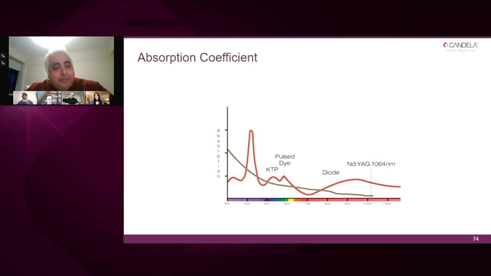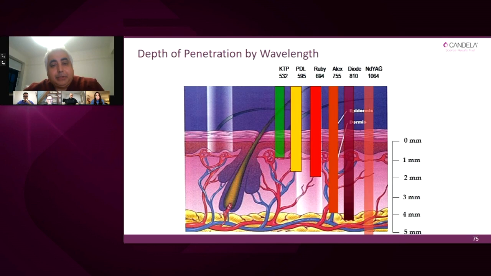Before I talk about the V-Beam Perfecta, let's just remind ourselves about the chromophore that we're using. And you very nicely illustrated, Dr. Barco, in the beginning, that we have vessels at different depths, with different chromophores. And this is why we have different absorption peaks for hemoglobin. So we have the 532, which is the potassium titanyl phosphate, the 595, which is the pulsed dye laser, which I'm going to talk about, the V-Beam Perfecta. And then we have the 1064, and because of that longer wavelength, that is the wavelength that we would be using for the deeper vessels, just like my colleague, Professor Bjerring, already mentioned.